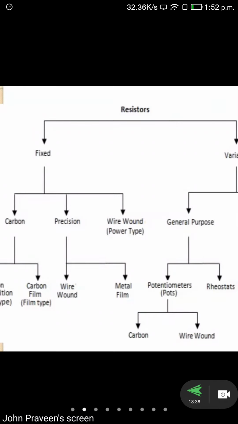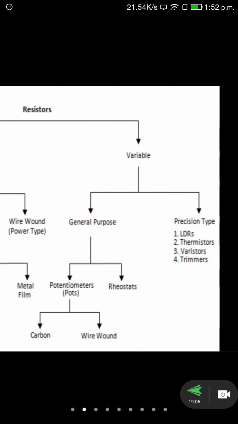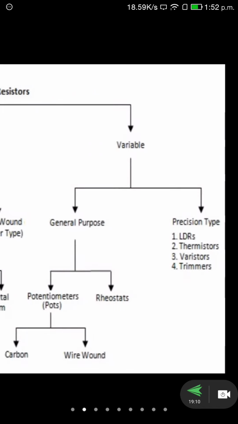These are all fixed resistors, and the value is very low, though kilo ohms or mega ohms can be available. The withstanding capacity is very low as compared with the variable type. The value cannot change; it is always fixed. That type is called a fixed resistor. Next, variable resistor. As the word itself says, the resistor value can be regulated or varied. Those are called variable resistors.